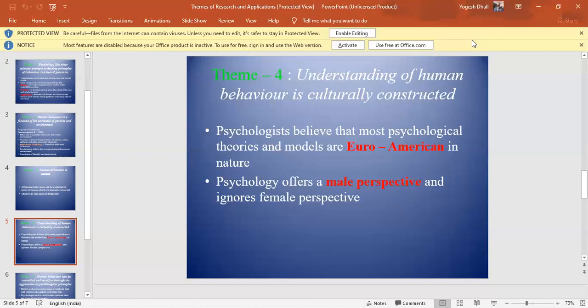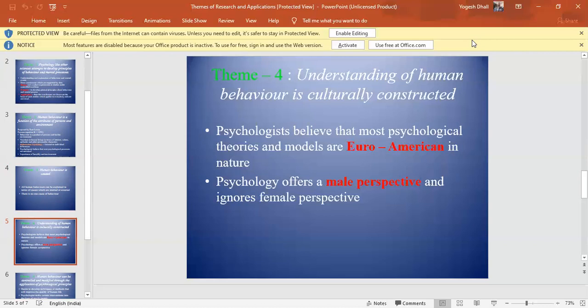So a lot of differences were found. For example, the meaning of open-mindedness is different in our culture and their culture. Meaning of freedom is different. Meaning of education is different. Meaning of lifestyle is different. So everything is different. So these do not help us in understanding behavior in other cultures like Asian, Africans, etc.,